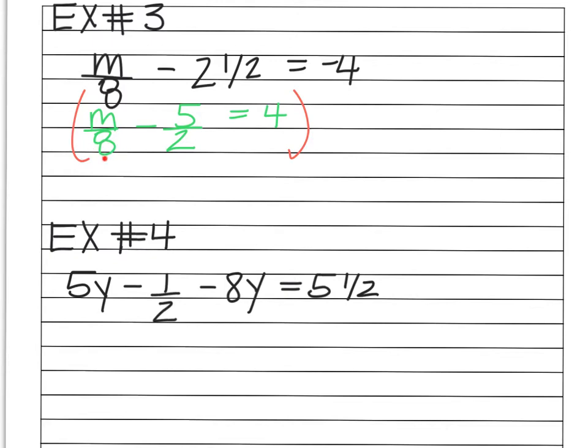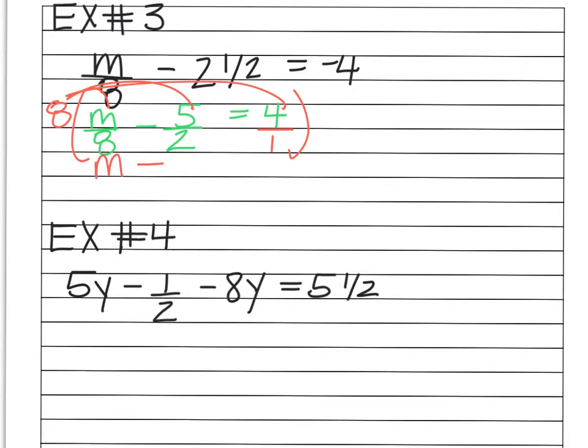So you're looking at the 8, the 2, and I'll put a 1 under here. This is just a 1. So here we have an 8, a 2, and a 1. And you want to ask yourself, what's the smallest number that 8, 2, and 1 go into? And the answer is 8. So now what you can do is you can distribute 8 to everything, and you must distribute it to all of it. So what happens is it will cross out. So 8 divided by 8 goes away, it's just m,